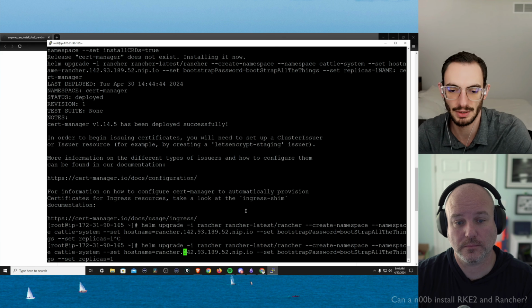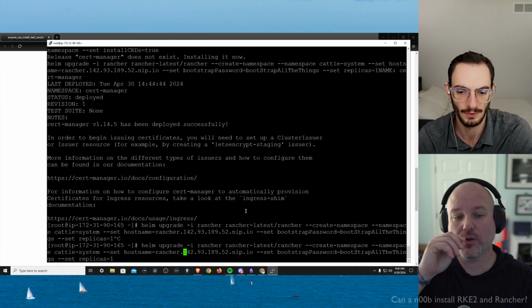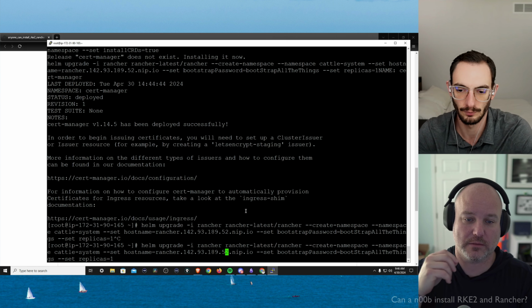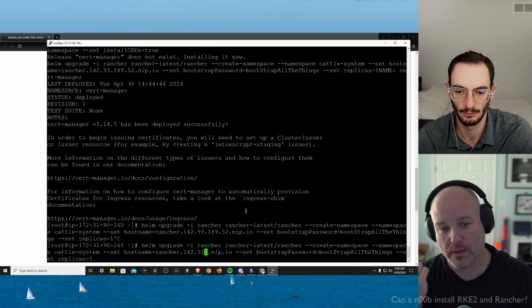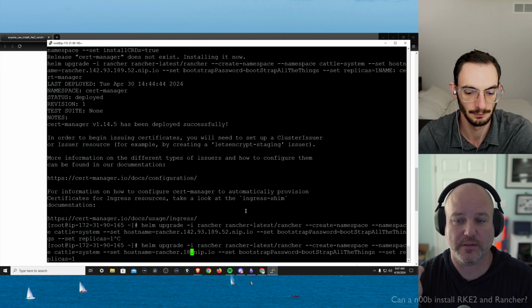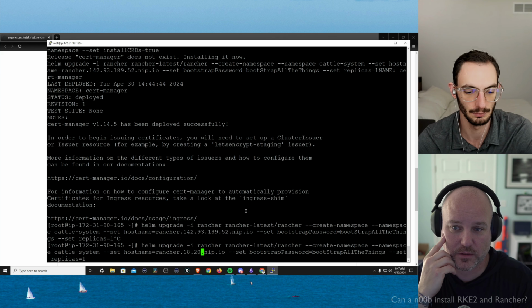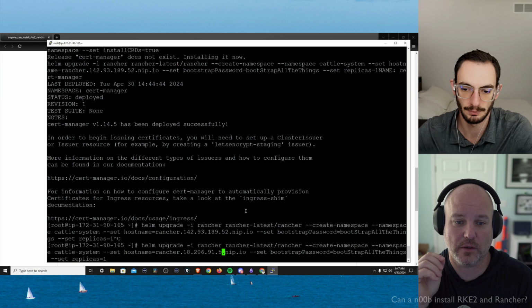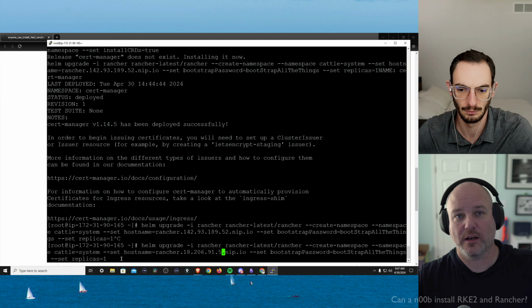Being one of my first times operating in a terminal, can I delete the one, or what's the best way to? You can go to the end of the IP, so go to after the 52 and just hit delete. Yep, go right one more. Okay, got it. I see what's happening there. And now you can type 18.206.91.5.